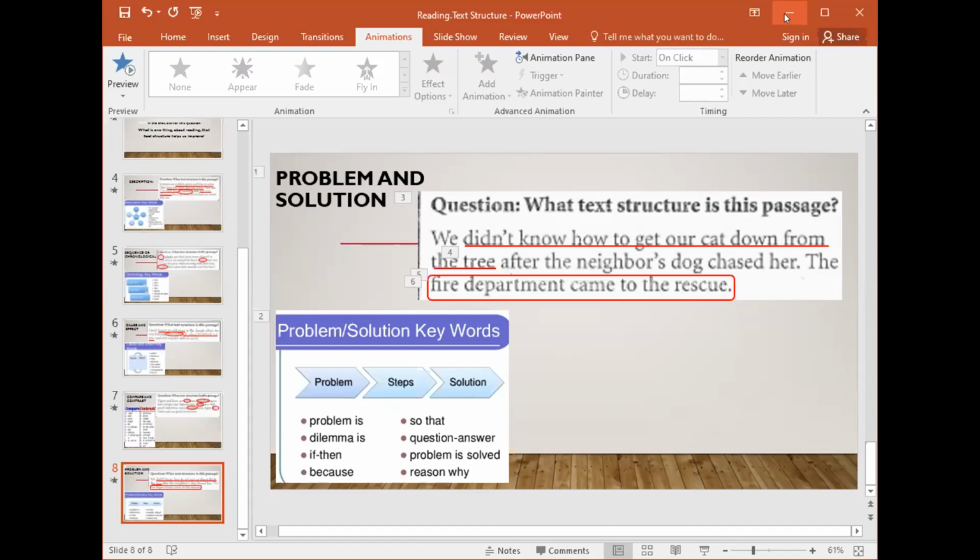So this is what you're going to do when you are looking at your worksheet. Make sure that you are looking for clue words so that you can tell which one of these text structures is your answer. So here we have compare and contrast, and that is the correct answer because we have the clue words both, but, and then the word also is another clue word. So this is how you will do your worksheet. You can continue on the other 4 on your own,